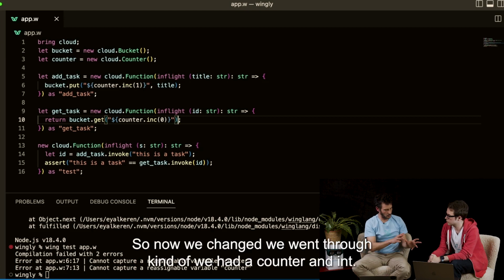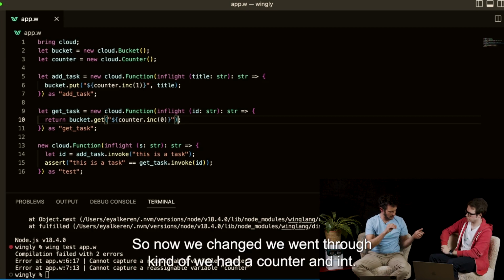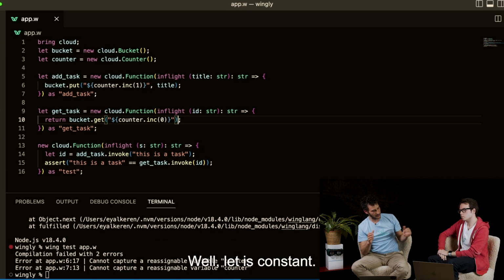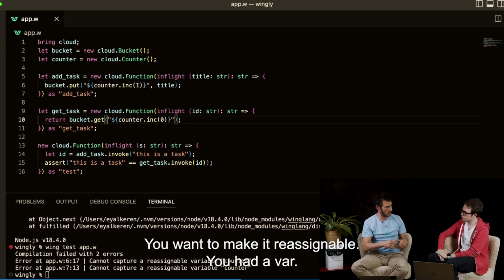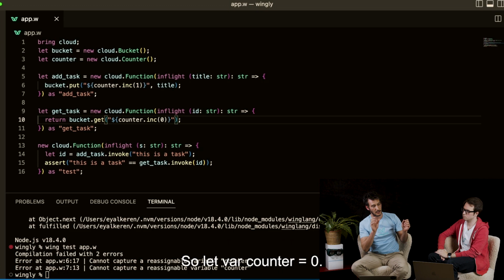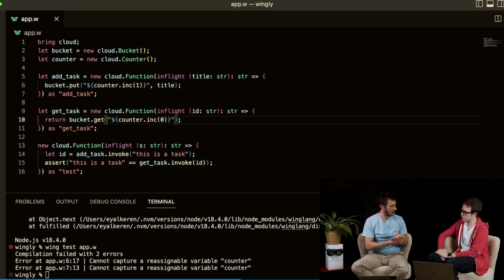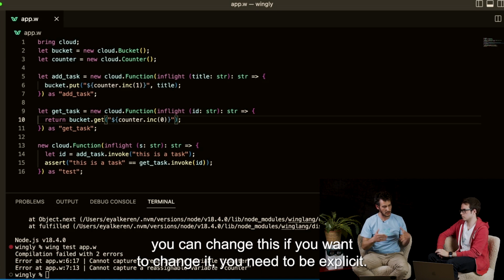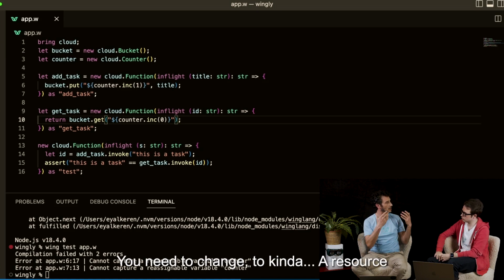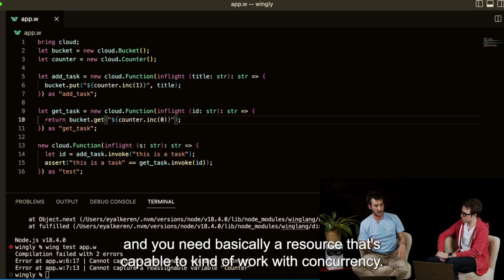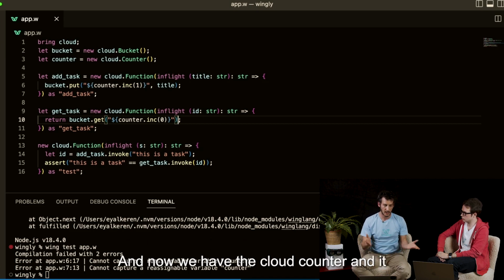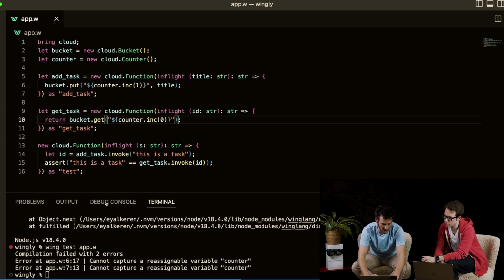So now we went through this. We had a counter and an int. Let is constant, so you need to make it reassignable. You had a var: let var counter equals 0. And then the compiler told us you can't change this. If you want to change it, you need to be explicit. You need to change to a resource that is capable of working with concurrency. And now we have the cloud counter, and it should be still working,